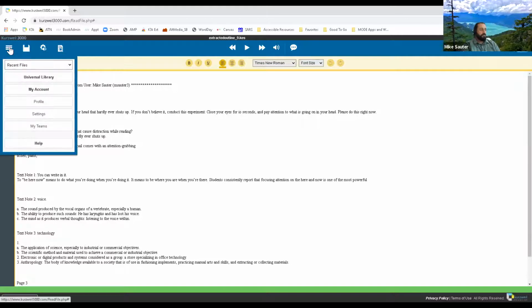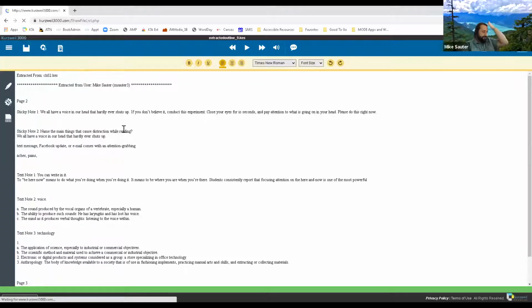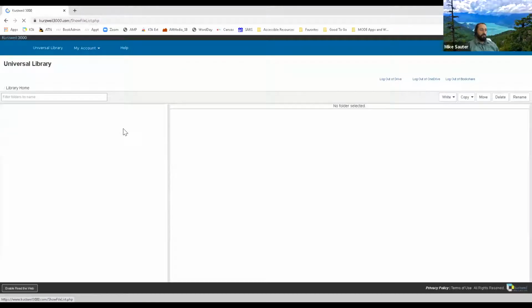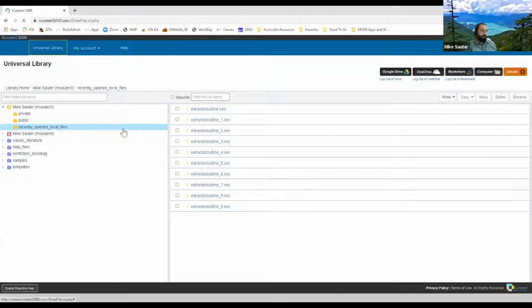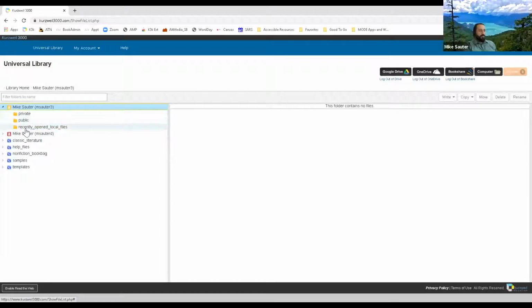So let's now go back to our Universal Library. Go to the hamburger menu on the top, click Universal Library, and we're going to flash into our Universal Library. And so we have our folder, my name folder, and our 3 default folders: private, public, and recently opened local files.